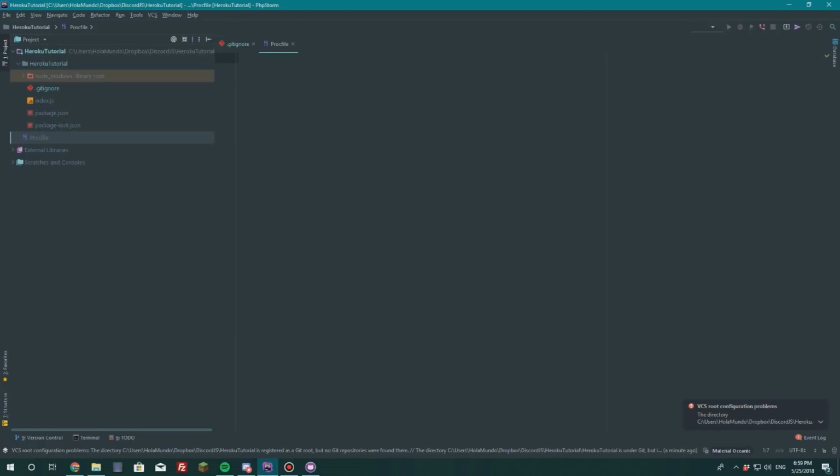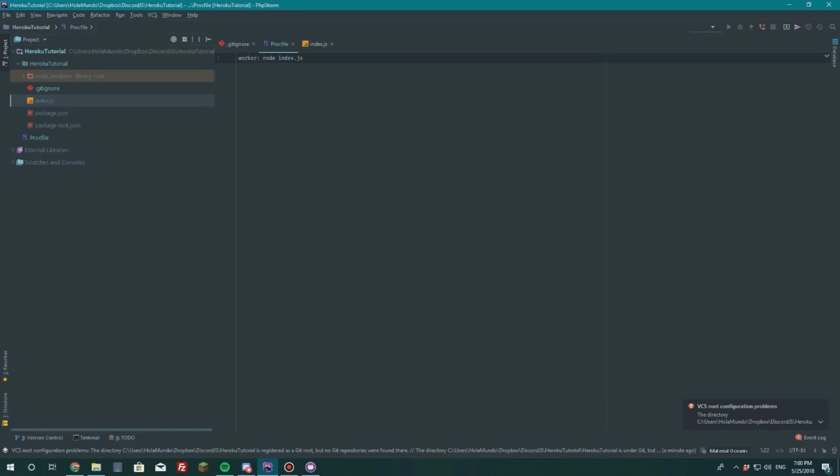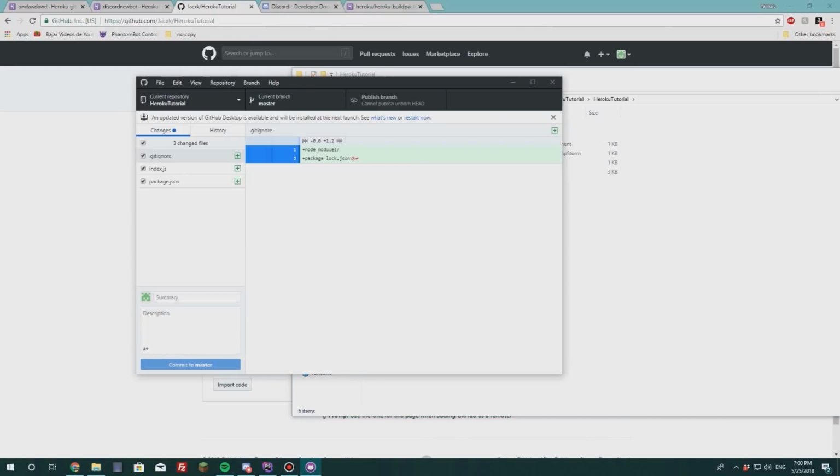So enter. Now we type worker: node, and now your main file, the one that starts your bot. Mine is index.js, so I'm going to type index.js. Save it. Let me close this. Save it. Now we can go to here,